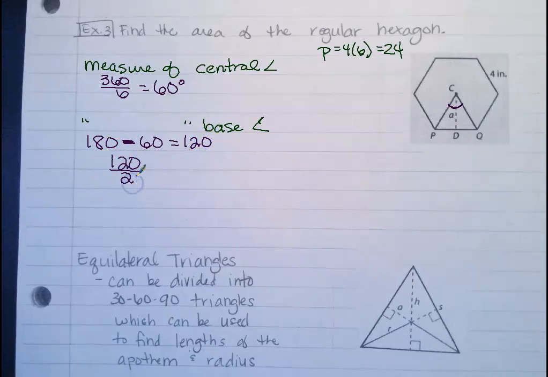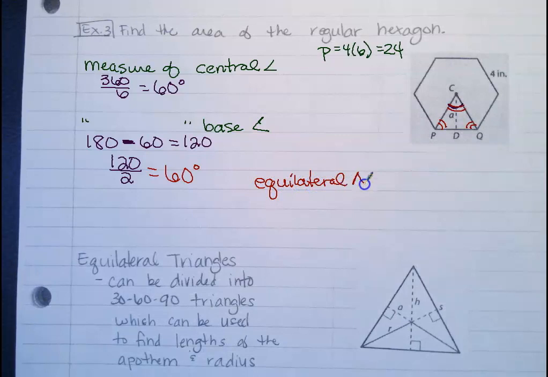The 120 divided by 2 because we know that these two angles are congruent to each other. All right, so that equals 60, which means, like you said, that all three angles are equal, which makes that an equilateral triangle. And then we know that all the sides equal 4 inches. Okay, because you know, well, actually, this is not equilateral. Equiangular. You know it is equiangular. It's an equiangular triangle. But because of that, you do know that all the sides equal 4 because you know